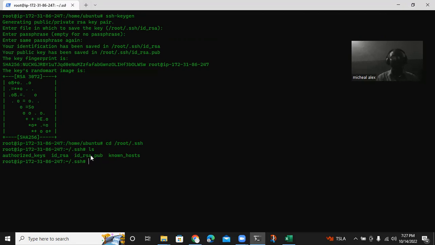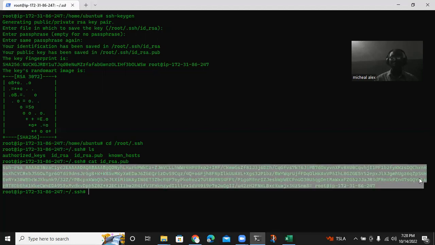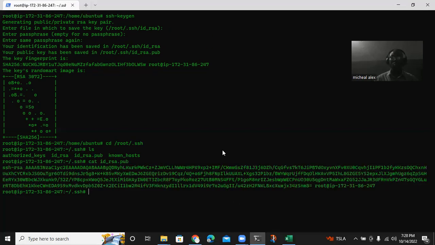So we need our public key to be recognized by GitHub. What we have to do is cat id_rsa.pub, copy, and then voila, we have our public key. This is actually an encryption, so we have to copy this encryption and